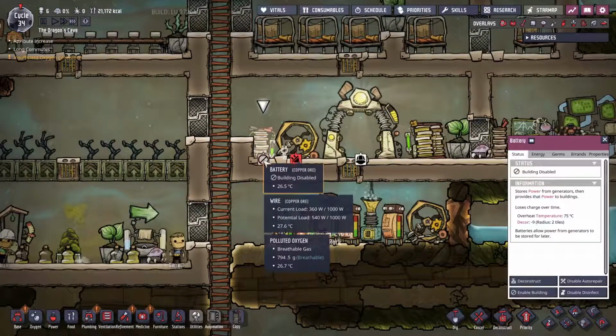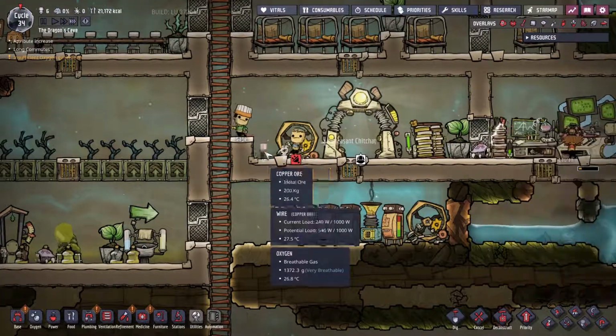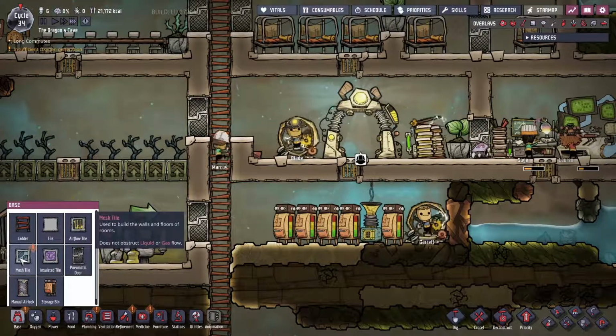Now, okay, so I have no idea how that is going to go with that battery. So I'm just going to deconstruct it. It's going to be lost power, but that's fine. And now we can go into base and...